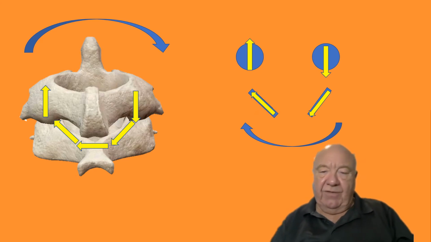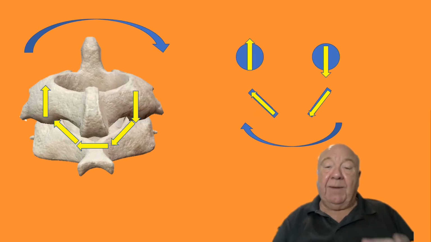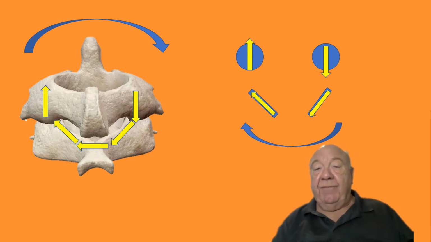If any of these joints are hypomobile, that translation will reflect that and be hypomobile, and the end feel will be off. Here are the facets